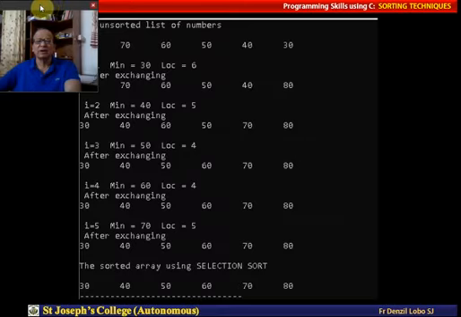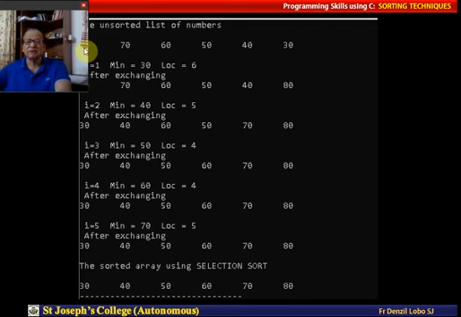As you see here, I've got these numbers, 80, 70, etc. In this case, the minimum number is 30 at location 6. What do I do? I take the first number and copy it to that location, and copy this minimum number to the first. Then I start with 2. As we find here, the minimum number is 40 at location 5. So I exchange the second number 70 with this number, and the minimum number is copied. As you see, 70 has gone there and 40 is here.